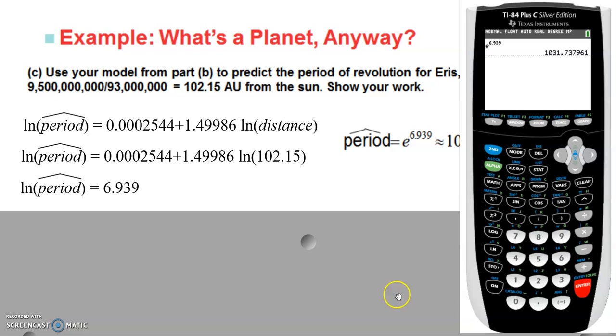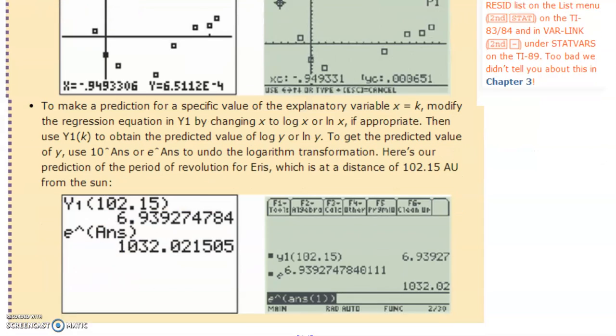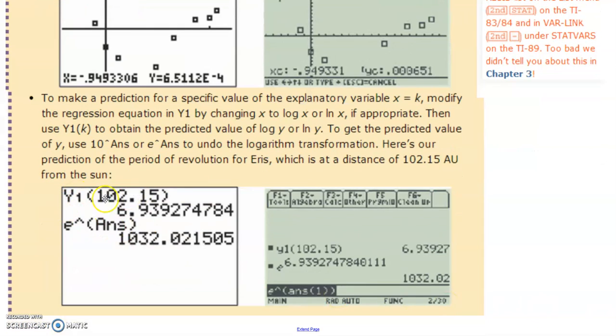And then just an FYI, a nice shortcut on your calculator here is, since I stored this equation in my Y menu already, I could do this right here and do y1 of 102.15. But let's move on